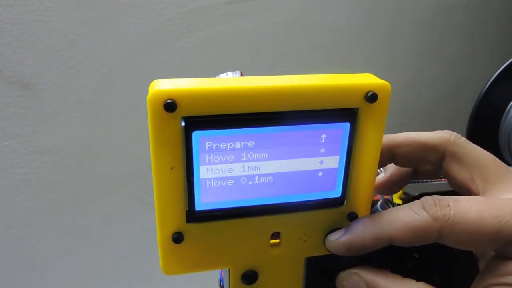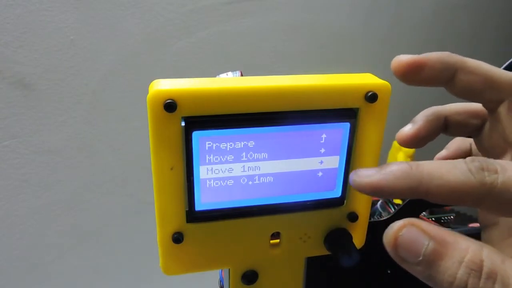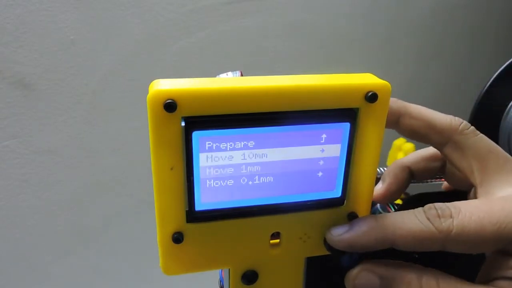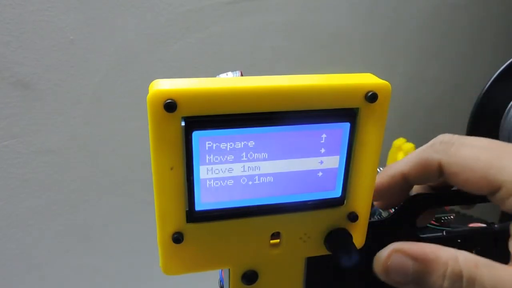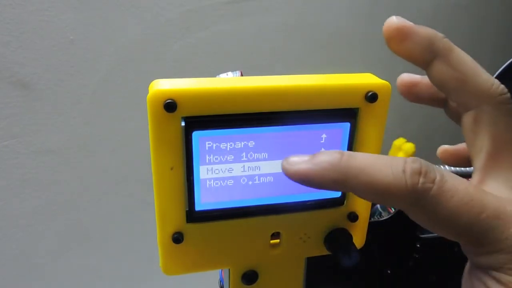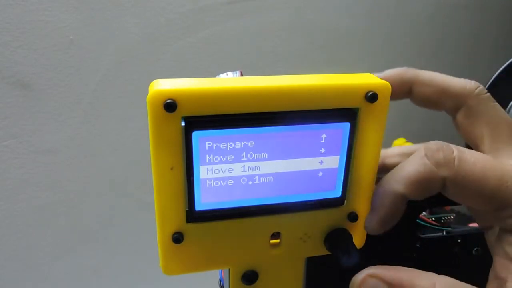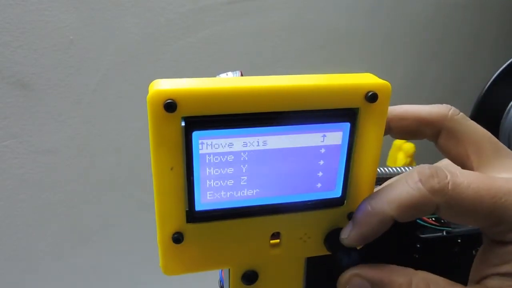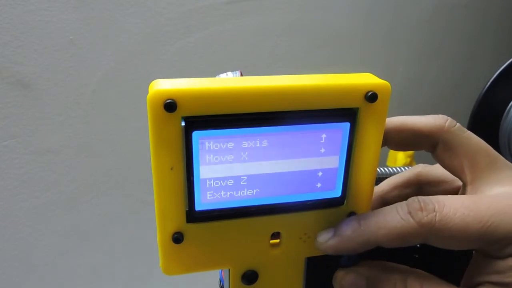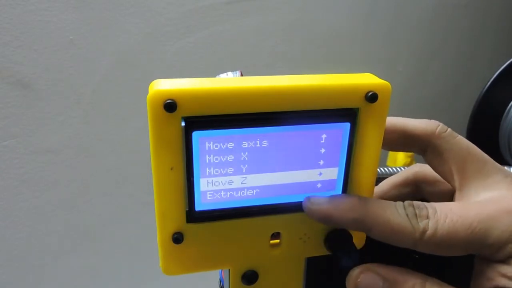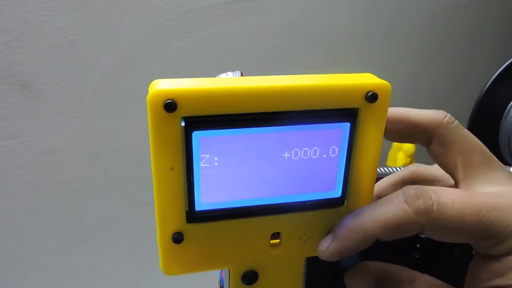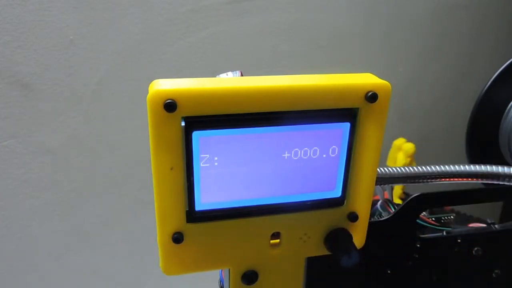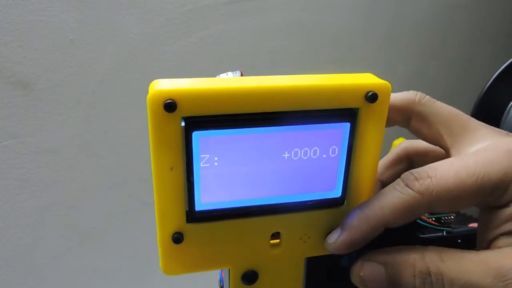If you want to move the Z axis, it will only move either 1 mm or 0.1 mm. It won't move 10 mm in one go. So always, if you want to move your Z axis, you will have to select either 1 mm or 0.1 mm. You will click it here. The extruder and both Z axes will move either 1 mm or 0.1 mm. Click on Z. If you go in the positive direction, it will come upwards, and if you go in the negative direction, it will go downwards.